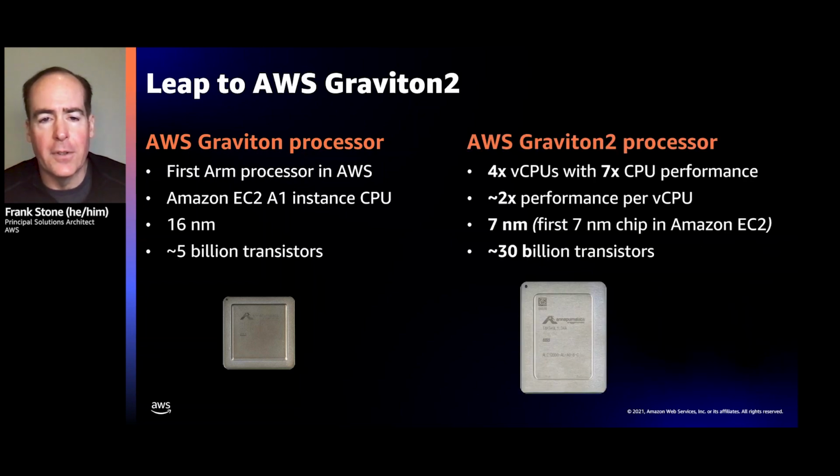In a scale picture, you can see the Graviton 2 processor, and we've significantly upgraded it from our first implementation. This processor has 4 times the number of virtual CPUs, 64 rather than 16, and 7 times the CPU performance that we had in the original Graviton processor. That's about 2 times the performance for every vCPU. Now, it uses a denser new process, a 7 nanometer process, but it's a larger die, and so it has 30 billion transistors, which allows us to onboard a lot more capability onto this processor.